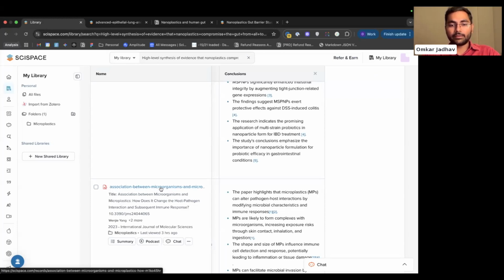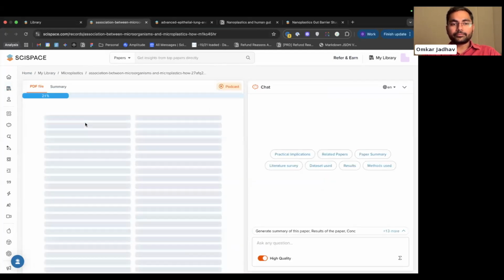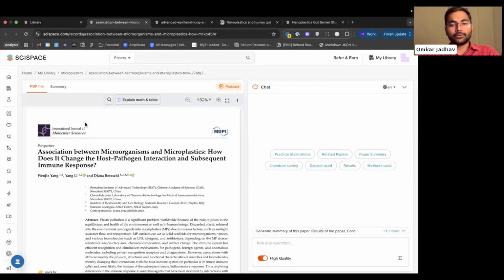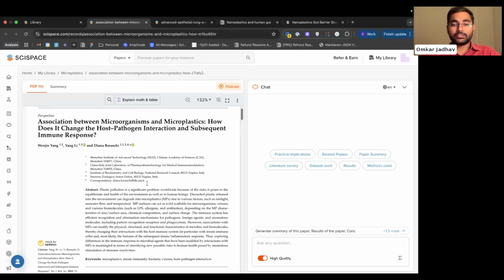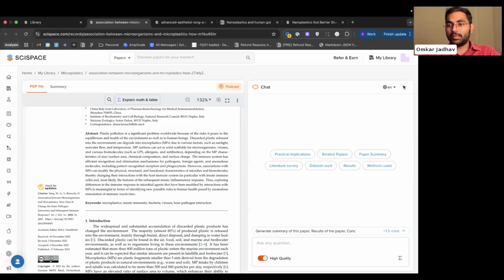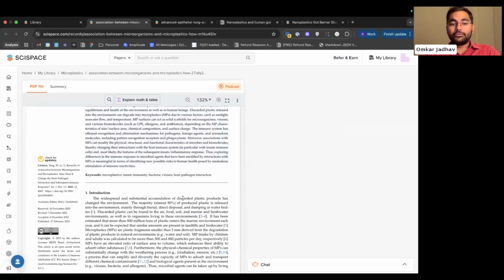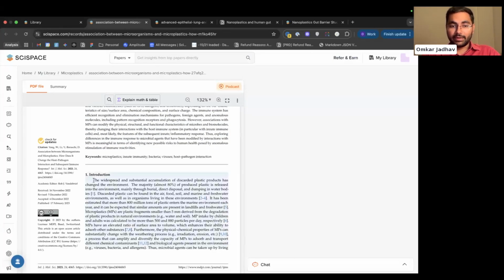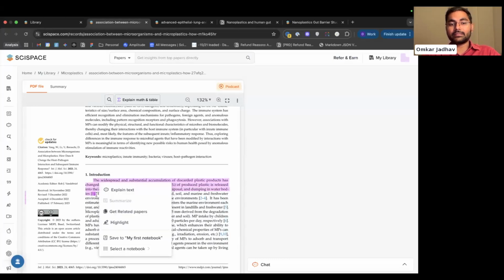So what I'm going to do is click on this PDF title and open it in a new tab. So we have it in the new tab now. What this does is the Copilot opens on the right side and you have your PDF on the left. So if you don't want the AI to disturb you, you can just focus on reading it and minimize this tab. And whenever you feel, okay, this is where I need AI's help, you can select, let's say,